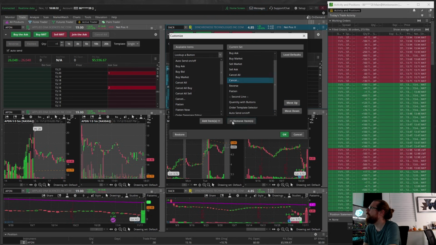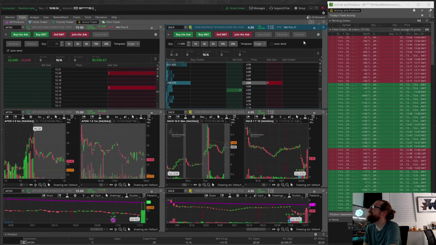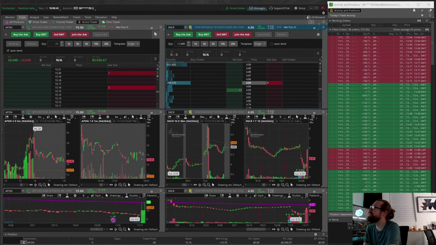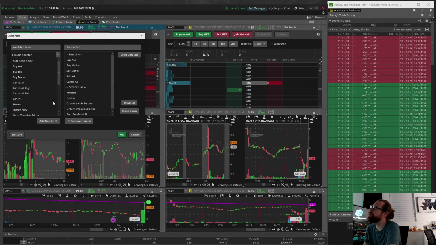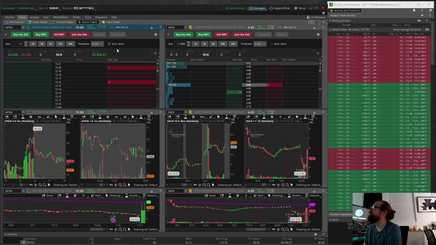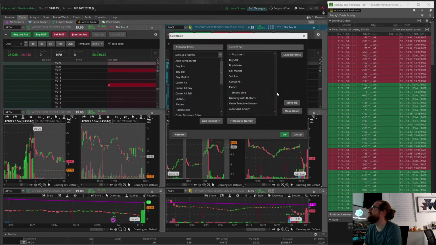And we'll kick that one off. Okay, there we go. Personally, I haven't used the reverse, so I'm going to take that one off. I actually haven't used the flatten either, although I've heard it's a helpful key, because when you press flatten, it gets you out of the position, even if you have an odd number of shares. It just immediately gets you right out. So maybe I'll put it next to the sell the